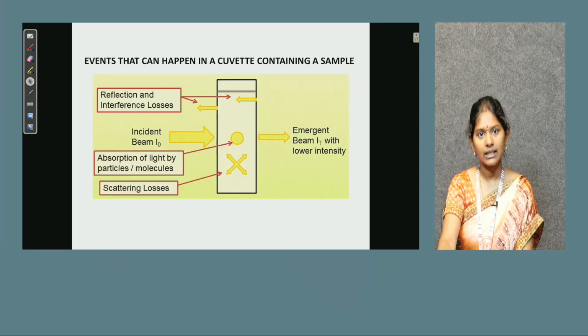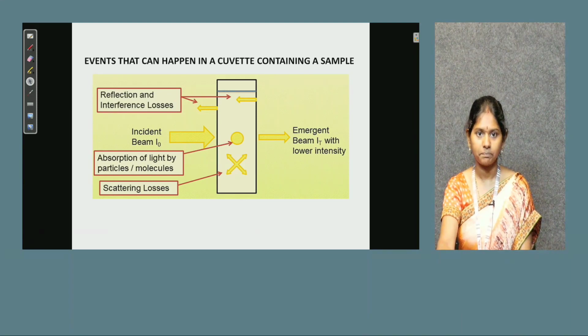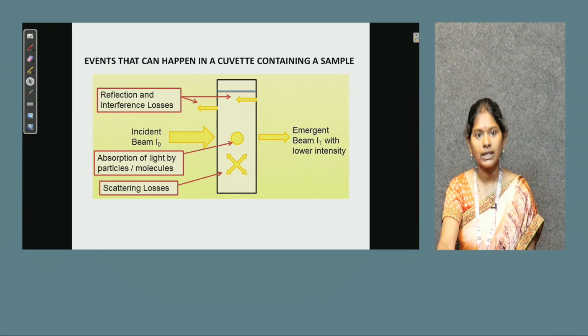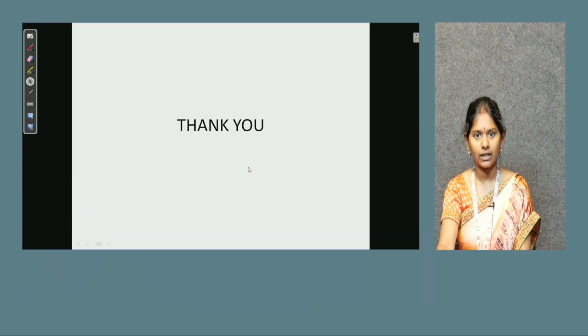What are the events that can happen in a cuvette containing a sample? If you are taking a solution, colored or non-colored, in a cuvette, when we pass a light with a particular wavelength, first it may reflect. There could be reflection and interference losses because of the walls of the container. Another possibility is that some part of the light will be absorbed by the molecules, some part of the light will be scattered, and some will be transmitted. So these are the